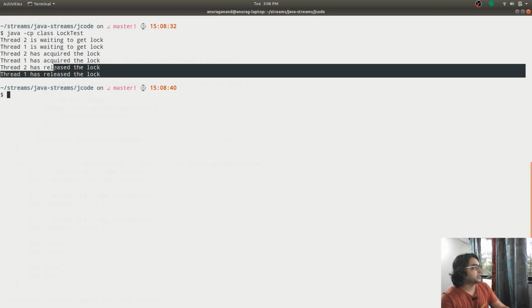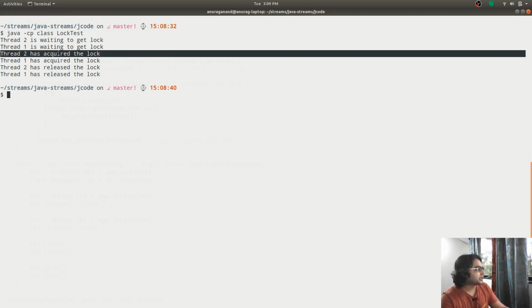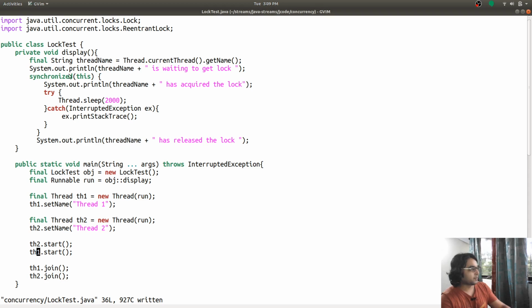So this issue that is happening here is the interleaving: the sequence in which the threads acquire is not proper. You see it shows that both thread 2 and thread 1 have acquired the lock at the same time, which is not possible because there is only one object, obj, that is calling this function. We are not using different objects.